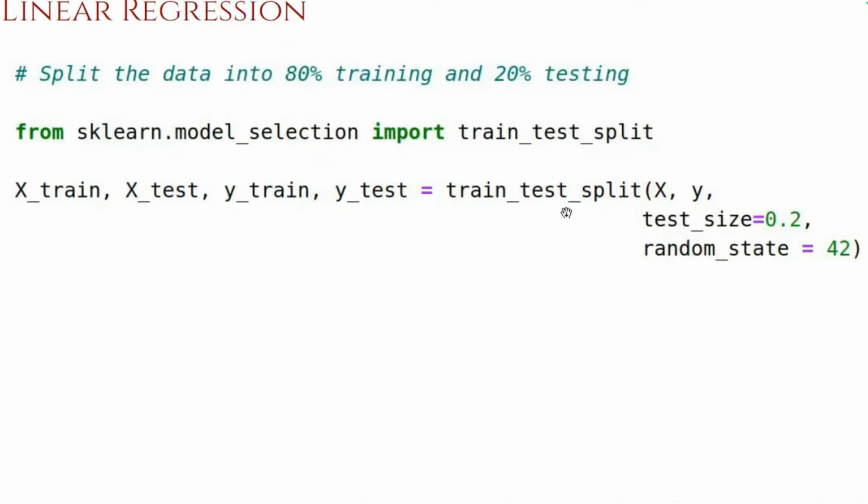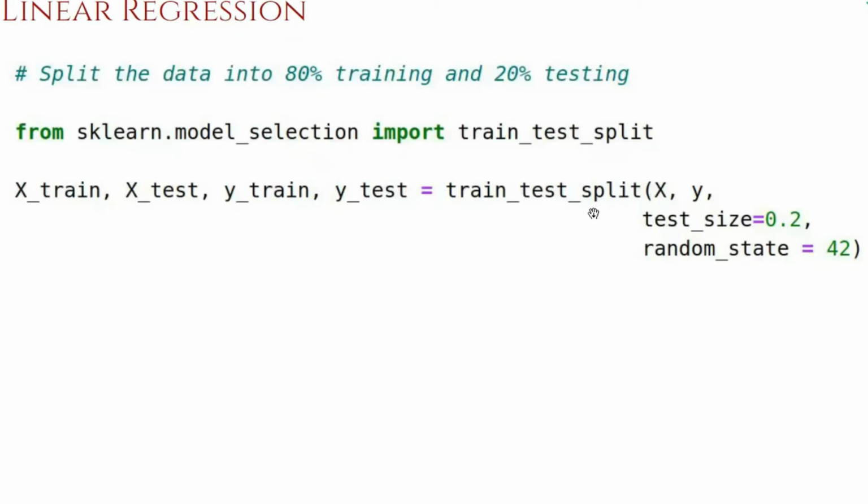And train_test_split is a random function because, as I mentioned previously, we randomly pick the points for training and testing. So train_test_split implicitly uses a random function, and we want to seed that random function. We seed it using the argument called random_state as 42. The significance of seeding this is that every time you run the experiment, you get the same training and testing data set. That's what this train_test_split function will do.